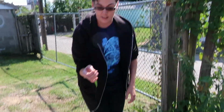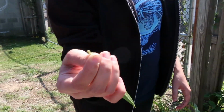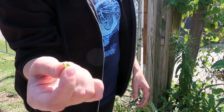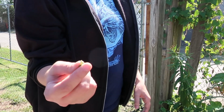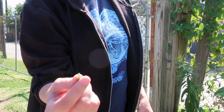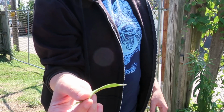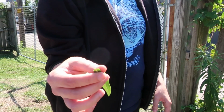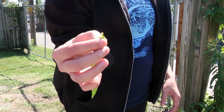You break it, and this latex sap comes out. So that's latex. Wow. Yes, it's latex, and it has some toxins in it, so it makes the milkweed plant inedible by most animals, except for a few specialist species, and the monarch is one of them. So since this food source is not palatable to most organisms, if you can move into that niche, that's free food. Right. And so does that make the monarch then poisonous to other...